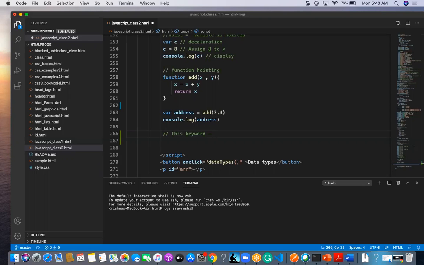Suppose if I want to call a function also, I can call the function with this keyword. So these are the different things that this will do.